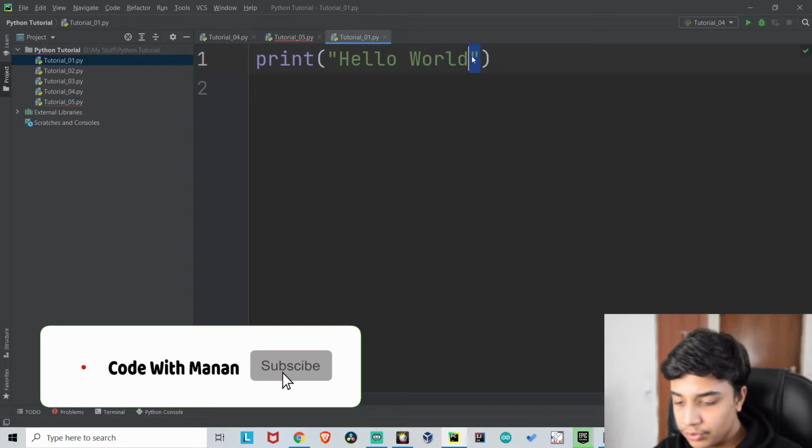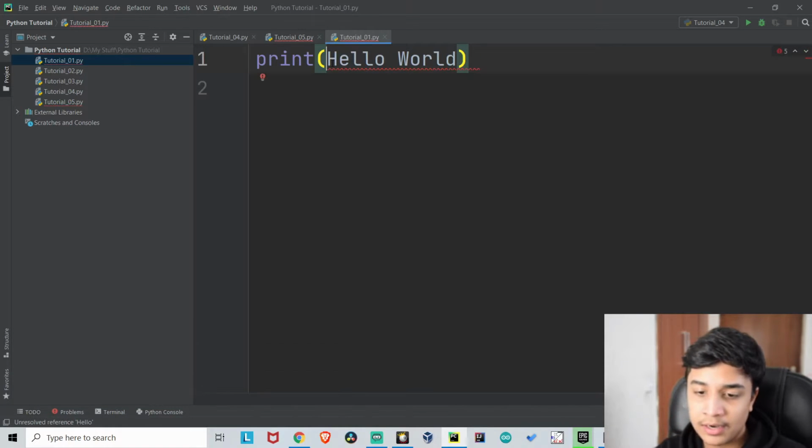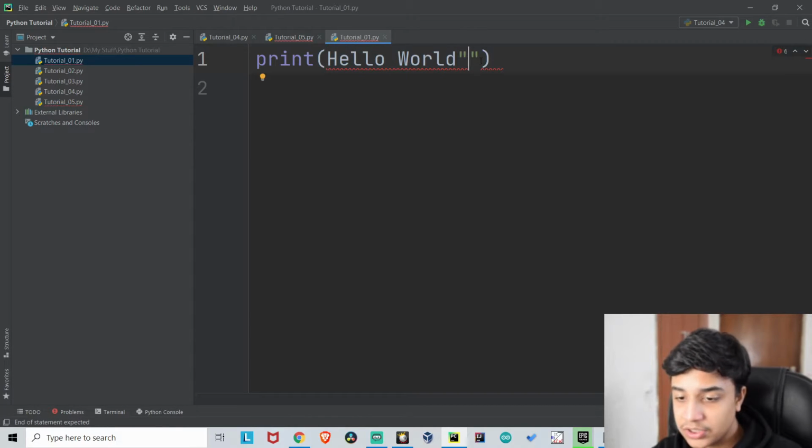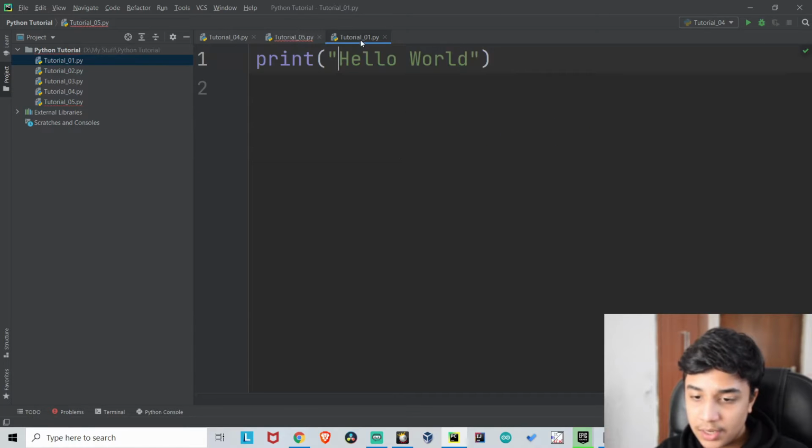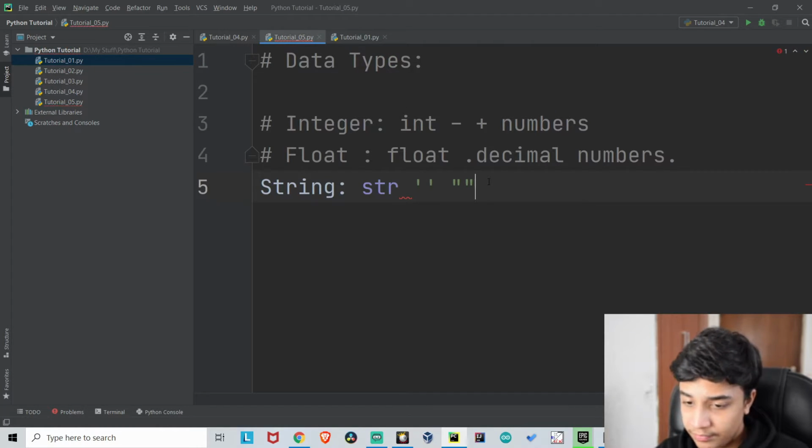If you don't use these quotes, this will give you an error, and it will read it as a function or a variable, but we don't have any function or variable like that. So that's why we were using a string, which is used for any word we want to store.